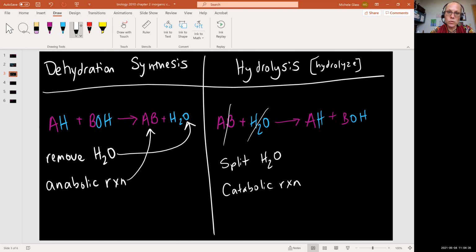Now, hydrolysis reactions we're doing all the time. This is a key part of our digestion. So when we eat food, we mechanically break that down in our mouths, but we also start a chemical digestion. And those are going to be hydrolysis reactions. So breaking down our food into basic units, those nutrients that we need, is going to be hydrolysis. Those nutrients make their way from our small intestine to our bloodstream and out to our tissues. And then our cells will do a dehydration synthesis reaction in order to build the molecules that our cells need. So both of these processes are happening in the body all the time.